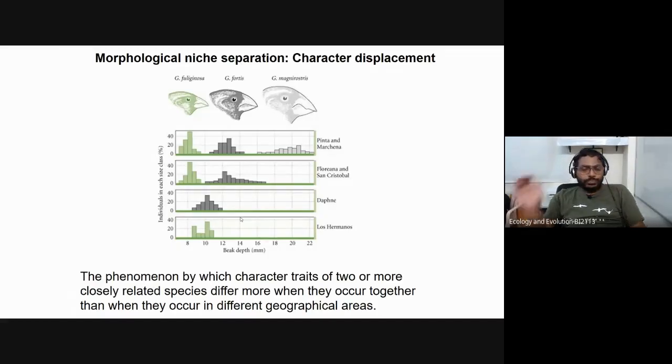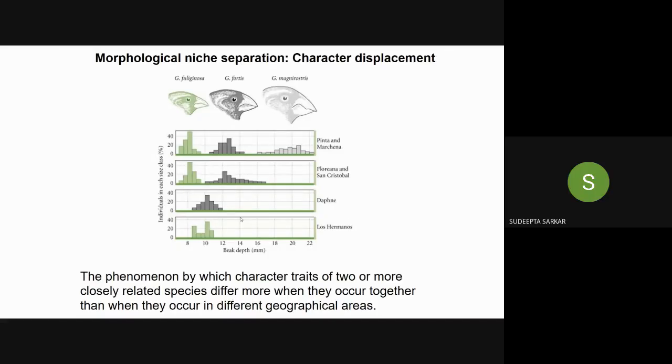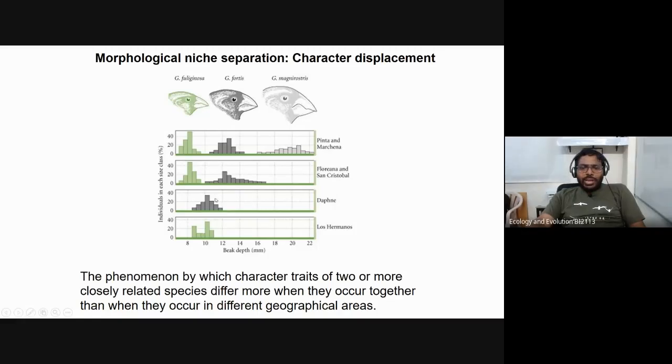Sir, I had a question, maybe a clarification. In the islands of Floreana and San Cristobal, we see that the beaks from the fortis are actually going quite a bit towards the region of magnirostris. But for Daphne, we are saying it's moving towards the smaller parts. Why isn't it getting much wider, covering a longer region? Why is it not doing something like this? Yes, that is a good question, and